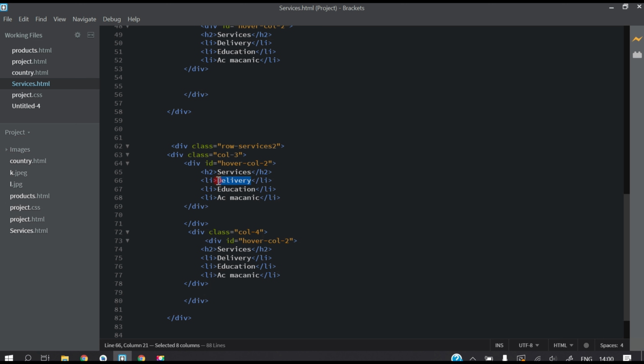So here write booking car and maintenance. Guys, you can give your own any service which you want to give on your project. I'm just showing you as an example here. And enter,